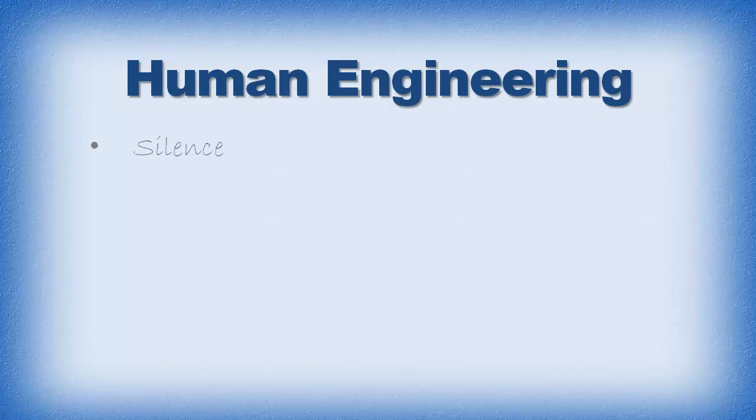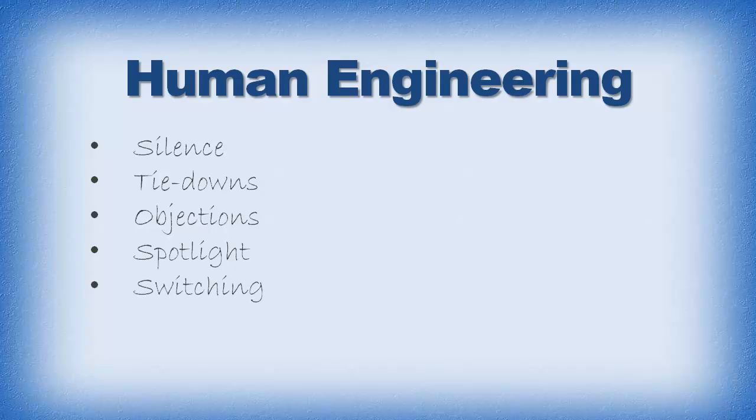We talked about comfortable silences. We talked about tie downs, objections. We mentioned the spotlight technique. I talked about switching, specifically switching questions, and we didn't go too deep into that. We just talked about switching for the yes, because people are more likely to answer yes. There's a lot more to switching questions. We talked about nodding to get the answer you need, and tonality. And this is just such a small handful of what goes into human engineering, how to persuade people to buy from you. And I think you will agree that it doesn't really matter what you're selling. This stuff doesn't change. This is Sales 101.